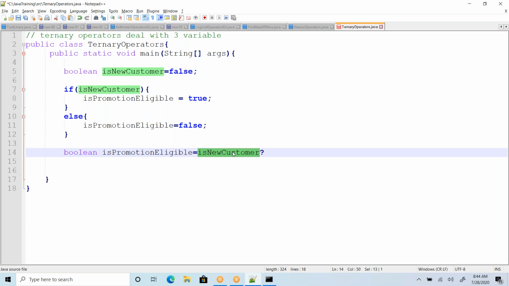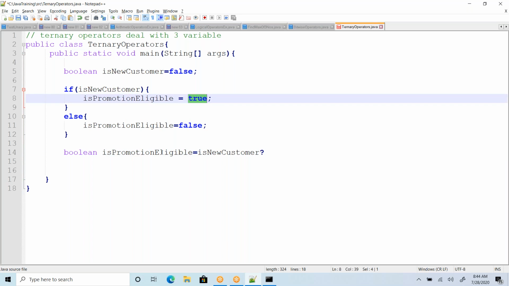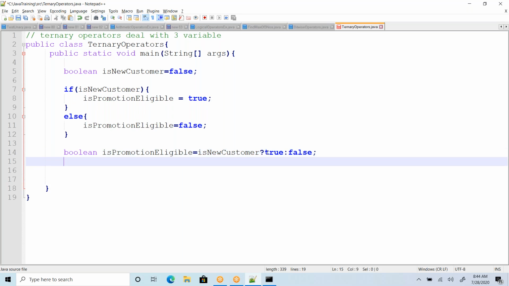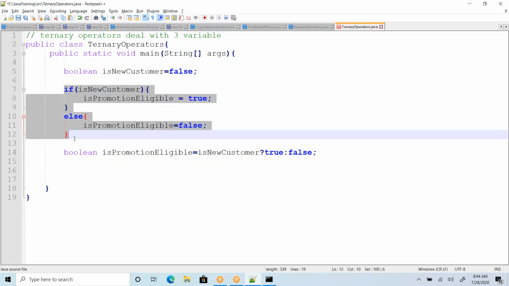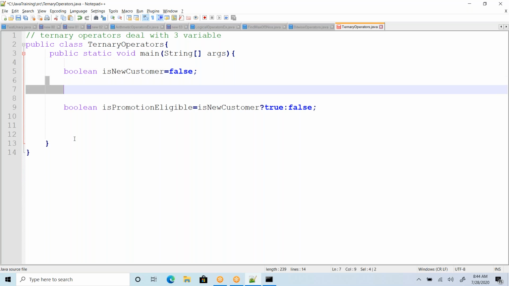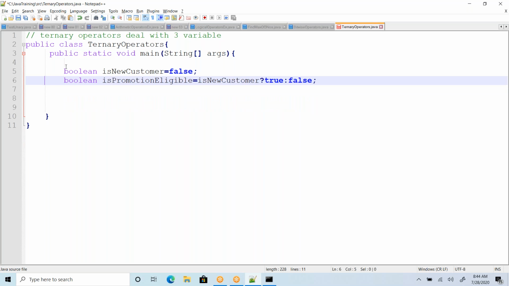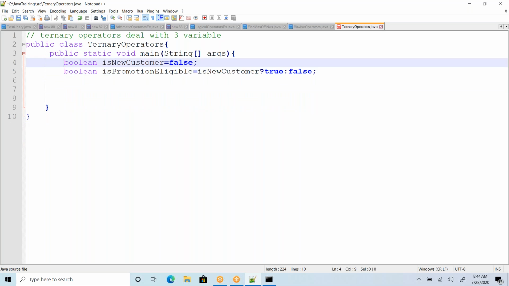If it's a new customer, I want to assign true, otherwise I want to assign false. So we can achieve this in a single line instead of initializing it here and doing all this. That's where the ternary operator is going to help.